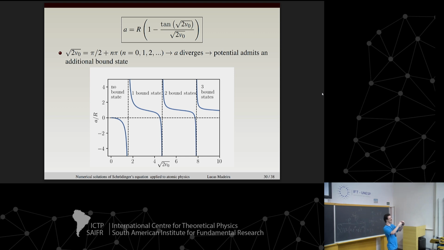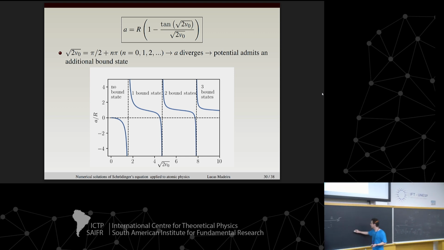Of course, if I keep increasing the depth of my potential, it's going to have some negative energy, but at the very threshold, I'm in the limiting case, it's 0, okay? So that's what an infinite scattering length is. You just created a bound state in your system. And it's really the limiting case. We saw those geometrical interpretations, right, of the scattering length. That would be equivalent to a reduced radial wave function that does something like this. Remember, it's...